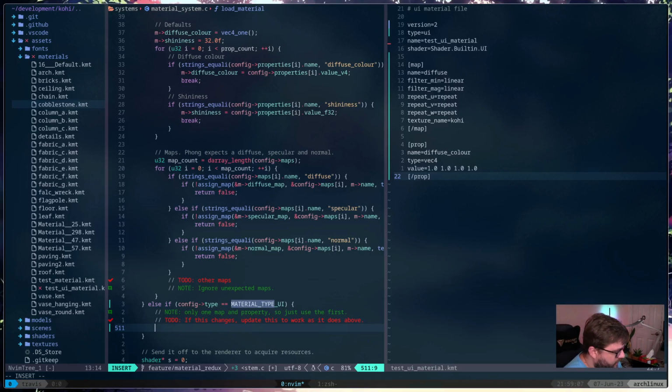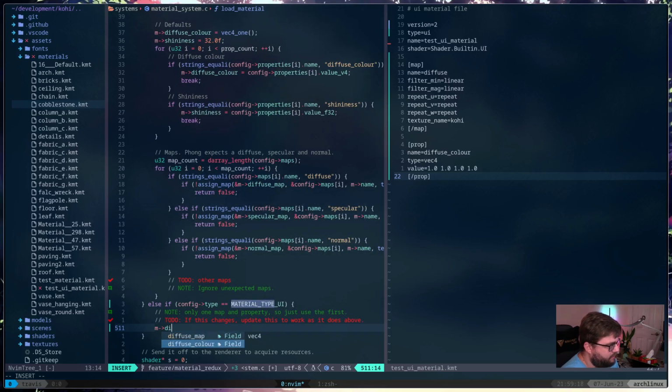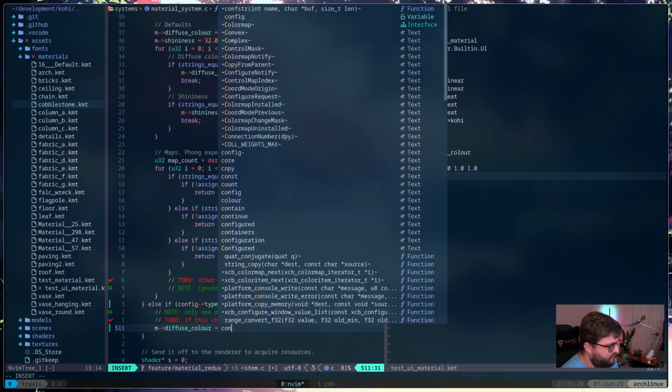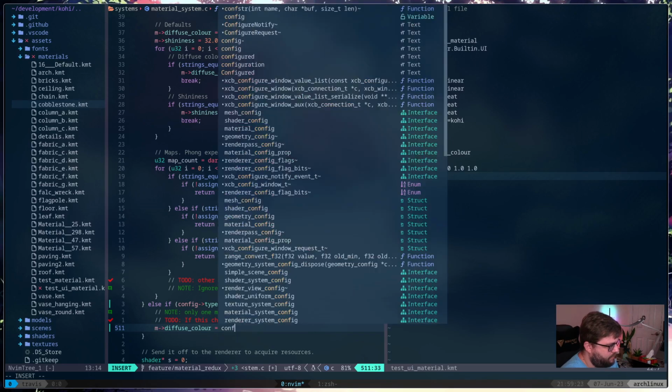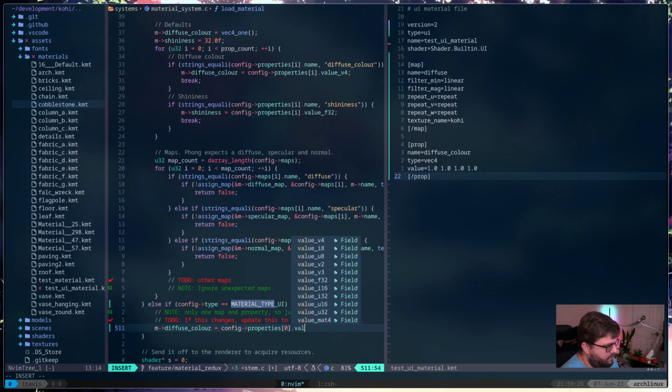Okay, so in this case, we can say m diffuse color equals config properties 0 value v4. All right.